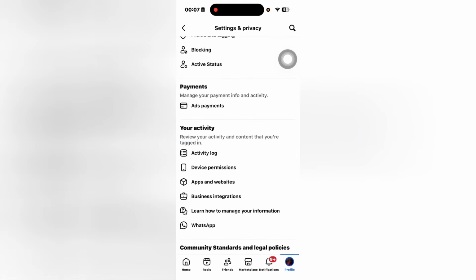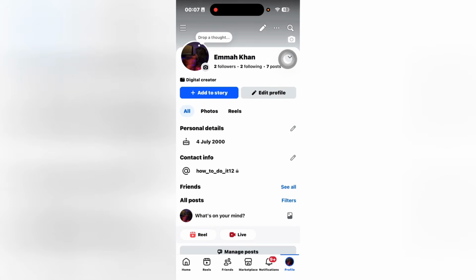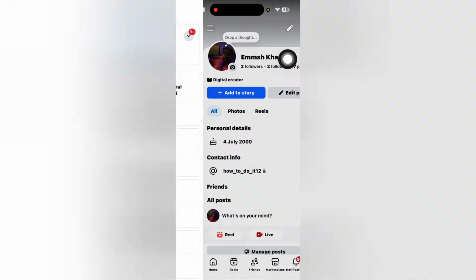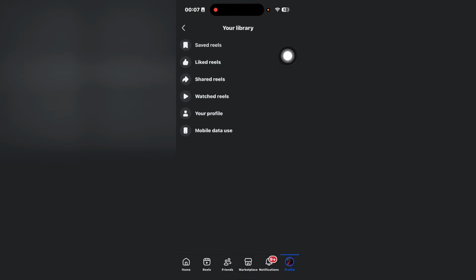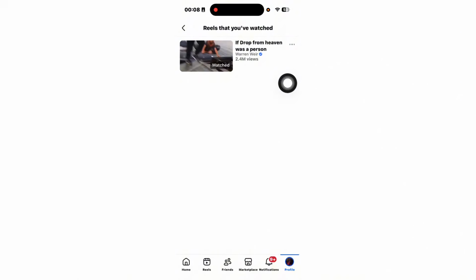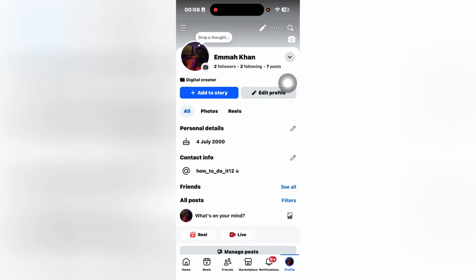And if that doesn't still remove your watch history, in order to check that, you're going to click on the three horizontal lines and then click on Reels. Here, you're going to click on the profile icon and then click on watched Reels. If you're still able to see all your watched Reels and if you wish to turn it off, you can